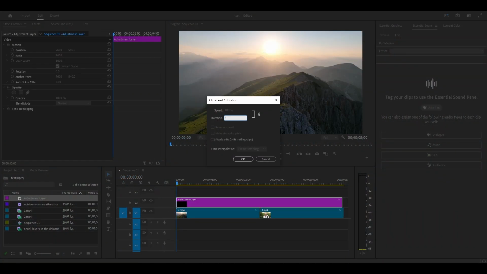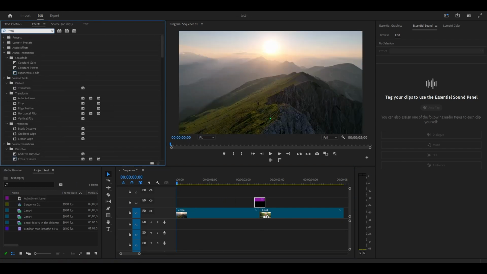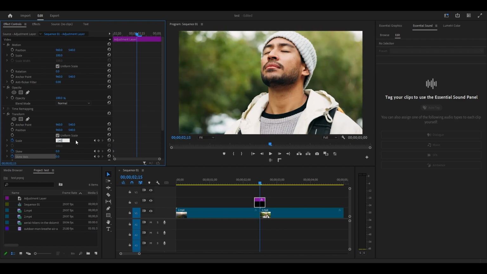Create an adjustment layer and set it to 10 frames, then center it between your two clips. Go over to Effects and search for Transform and add it to the adjustment layer. From the start of the layer, go over to Effect Controls and click the stopwatch icon for Scale, Skew, and Skew Axis. Move the timeline slider to the center of the adjustment layer and change the value of Scale to